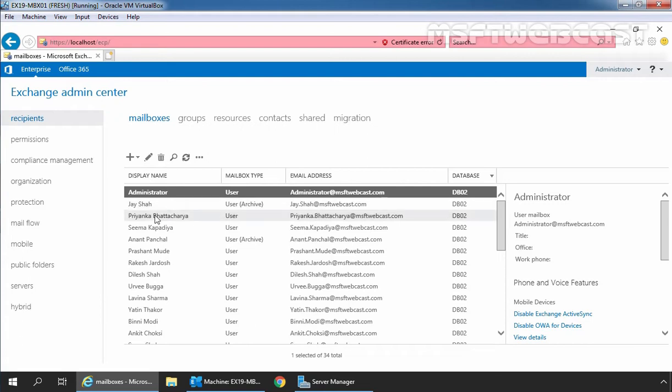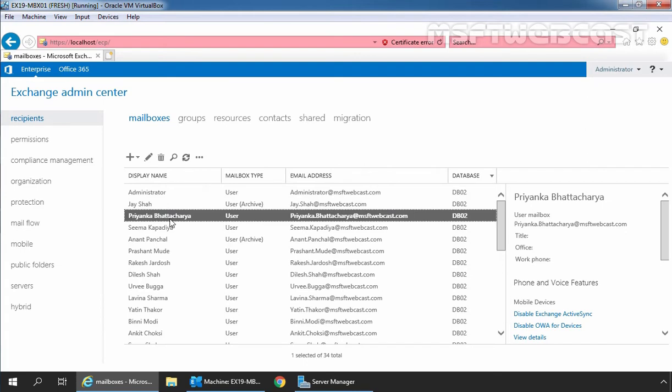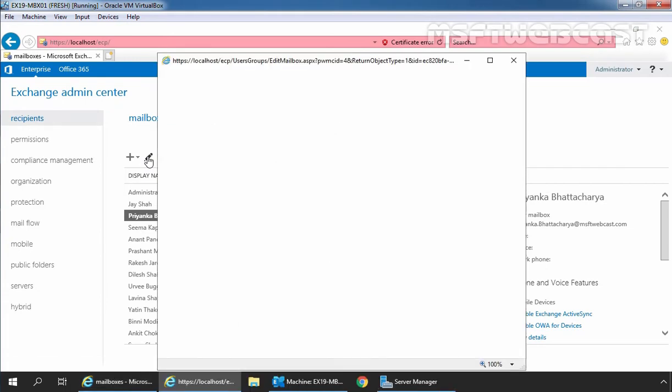You can see this is the user mailbox Priyanka Bhattacharya and the email address is priyanka.bhattacharya@msftwebcast.com. Due to this longer email address, we want to assign a shorter alias email address to this user mailbox. So let's select the user mailbox and click on the Edit icon.